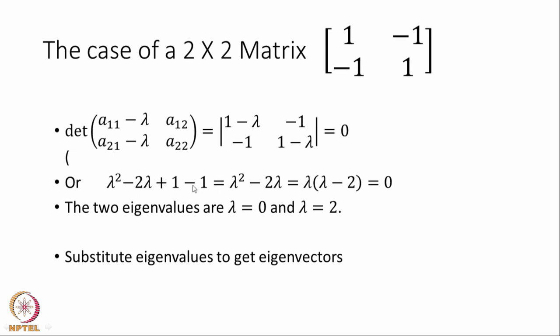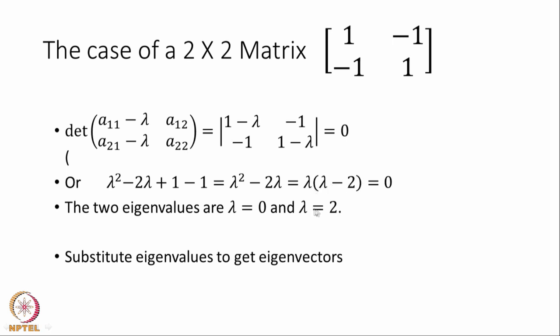What is that now? This 1 and 1 cancel. So, it is lambda squared minus 2 lambda equal to 0. I can write it as lambda into lambda minus 2 equal to 0. This is the same as lambda squared minus 2 lambda. So, what do we conclude from this? Now, this is written in terms of all the roots of that equation. This lambda is nothing but lambda minus 0. So, this product is lambda minus 2 into lambda minus 0, because when I say lambda, lambda is nothing but lambda minus 0. So, these are my two roots.